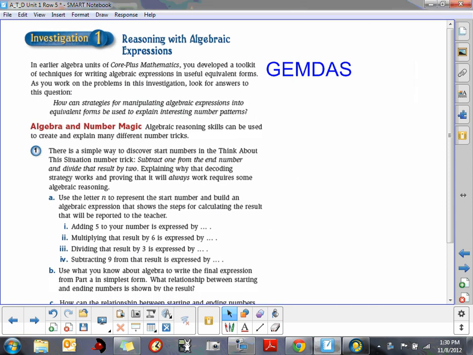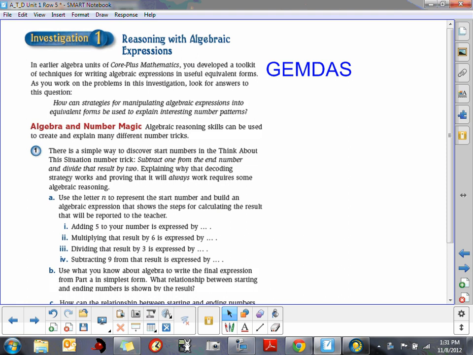We're going to be reasoning with algebraic expressions. What we just got done doing, that number trick, we're going to see why it worked. So in question 1, algebra and number magic. It wasn't magic, it was algebra, and we're going to use algebraic proof to show how I did it at first, and then how you figured out later how we could guess these numbers a lot easier than going through this